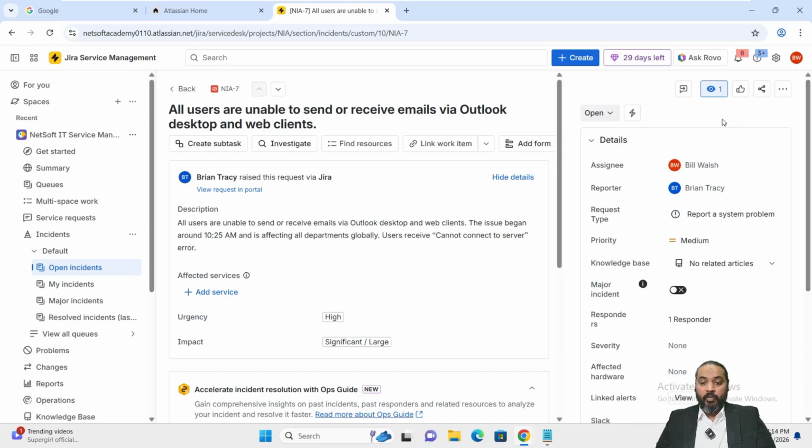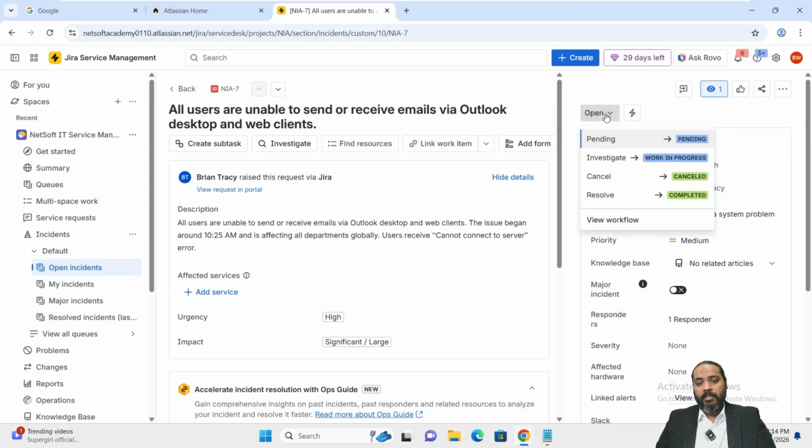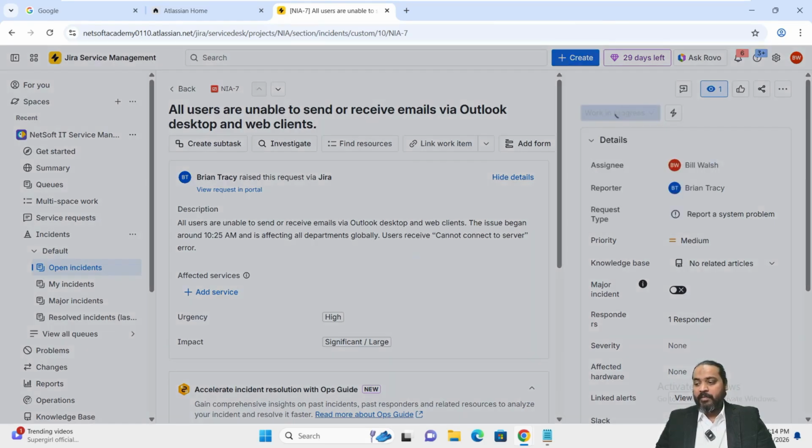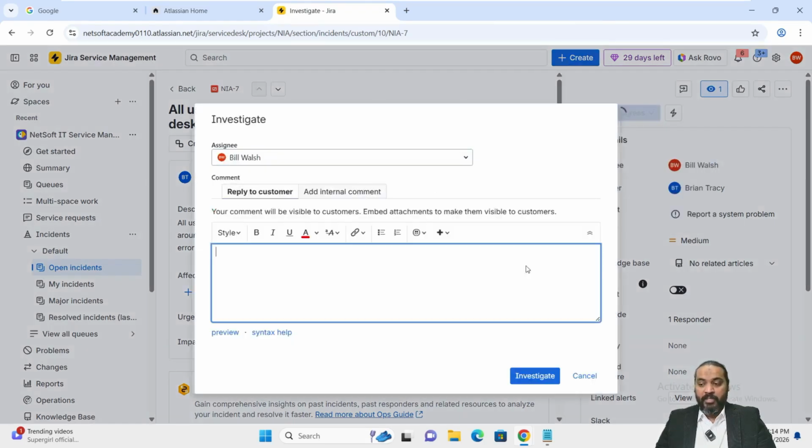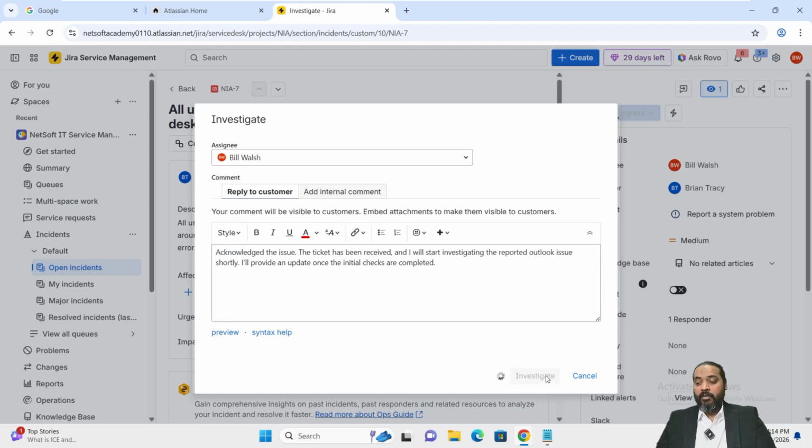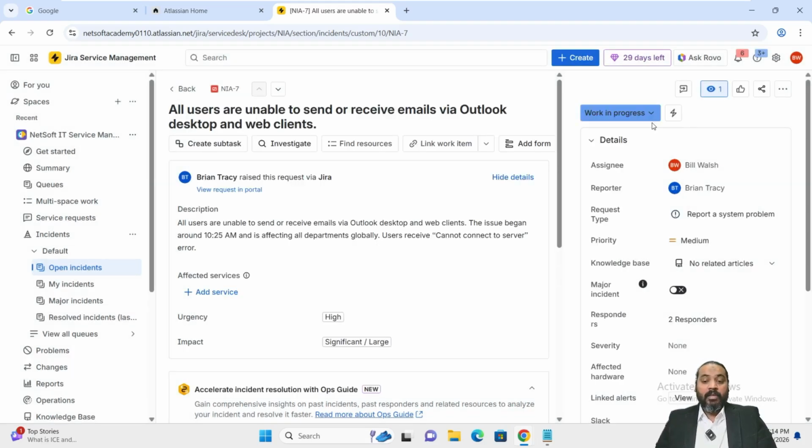Now we need to change the status of this request from open to investigate. We will reply to the customer and we will say that the request is acknowledged. Okay, and we will provide the update once we move ahead. Click on investigate. In details, which is in the rightmost panel, we are going to change priority from medium to high,